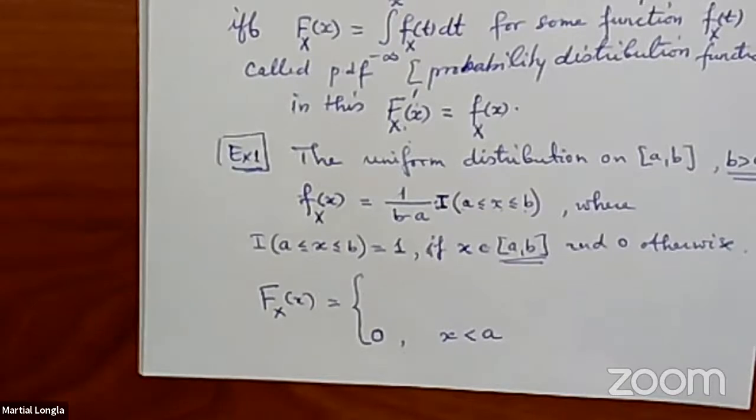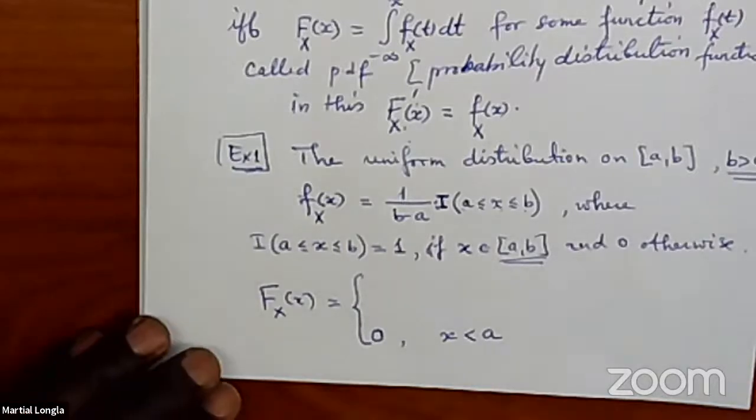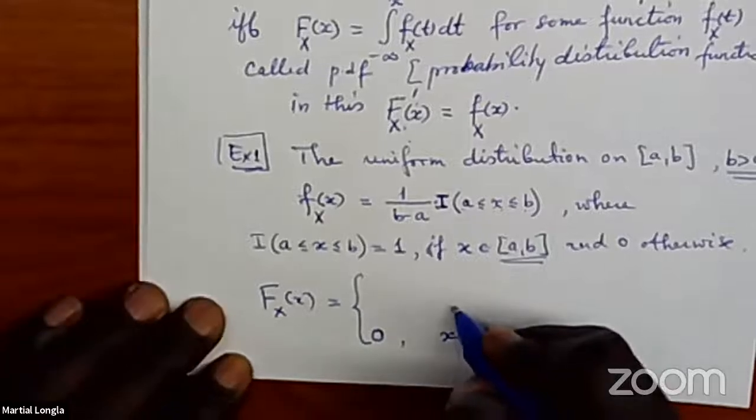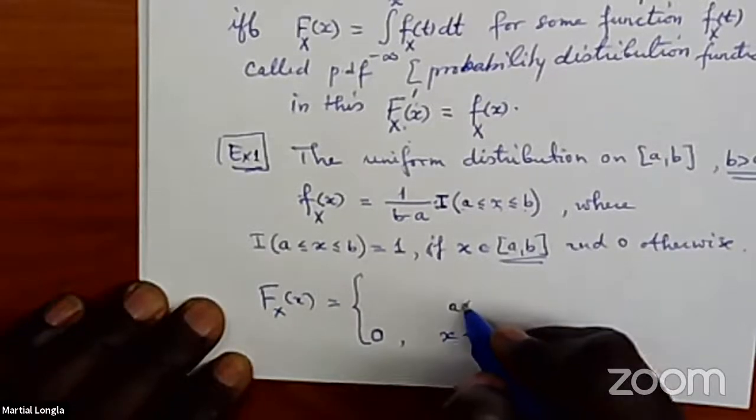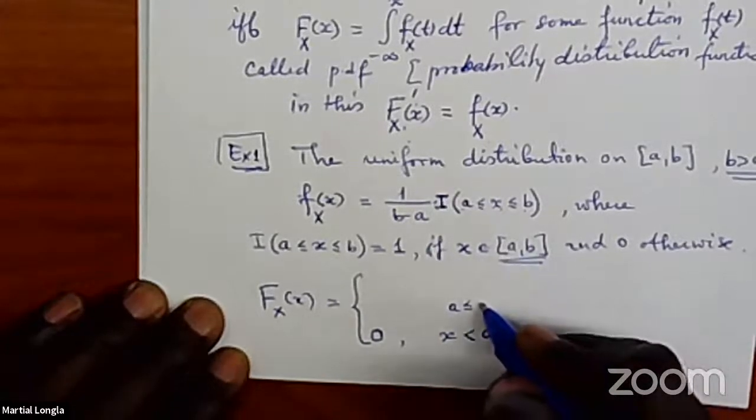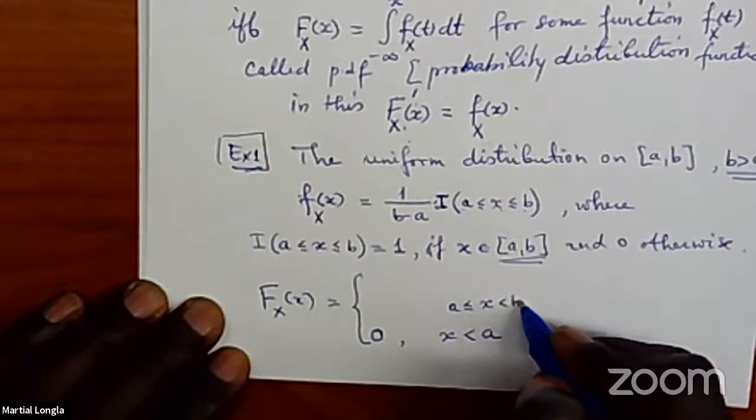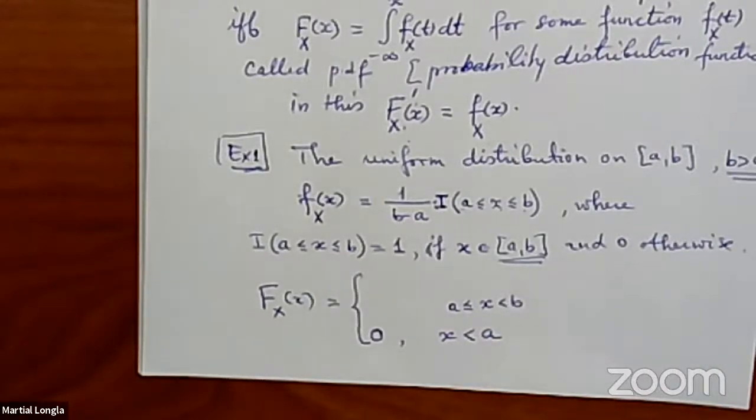If we don't move up to a, then we haven't started touching the random variable yet. Therefore, the value of the CDF is 0. Once we cross a and we start moving towards b, if a is less than or equal to x less than b,